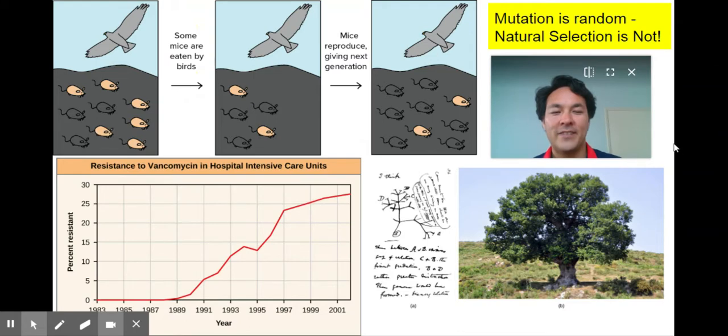Unit 3 will dive into evolution, and this will take us to about the semester break here at TAISM in the wintertime. And I really like this quote from Sean Carroll. Mutation is random, but natural selection is not. And so we'll really use that to construct an explanation for antibiotic resistant bacteria and what's going on with that. And so here you can see a graph of that in the bottom left.